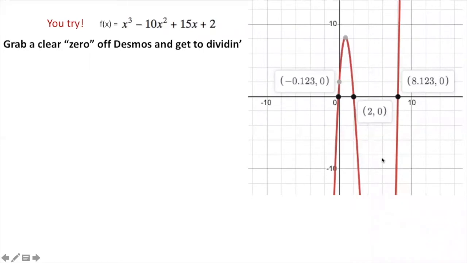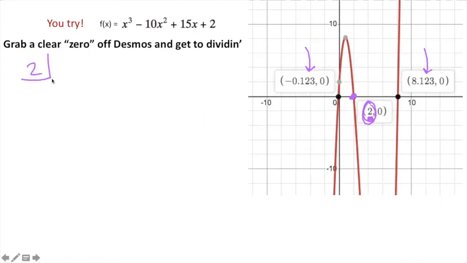Okay, so now you can see a little clip from Desmos. So you can see that you have a couple of decimal-based zeros, and you have this one here that is at 2. Okay, so that is a nice clean number. So we're going to use this 2 here to divide using our synthetic division, okay? We have no reason to believe that these decimals terminate or stop. They're probably irrational. They most likely go on forever, and they're the end product of some kind of a square root. So we'll see. So grab this clear 0 or x-intercept of 2, and we're going to put that in